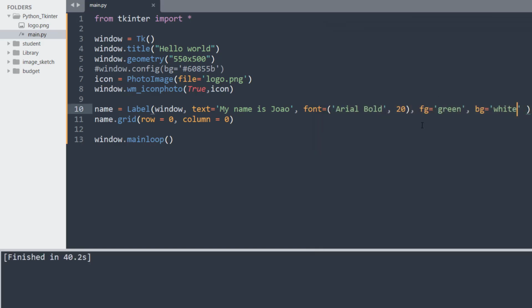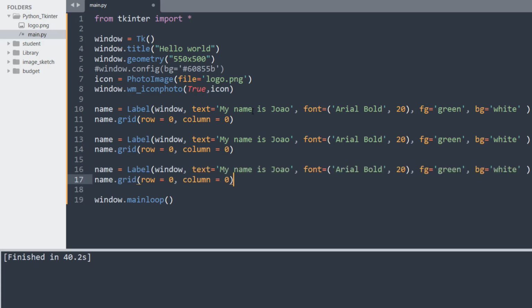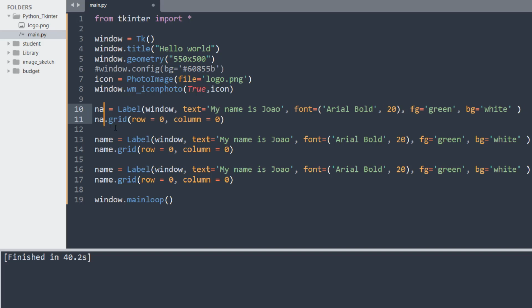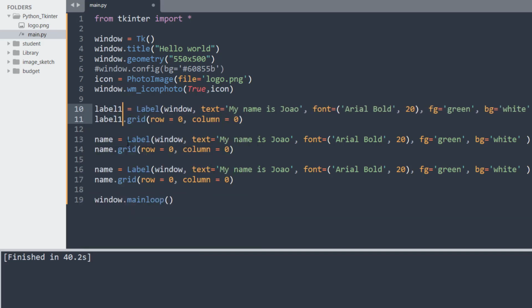Apart from this, let us create more. For example, I can copy this and write another one here. Instead of name, I'm going to change it to label 1.